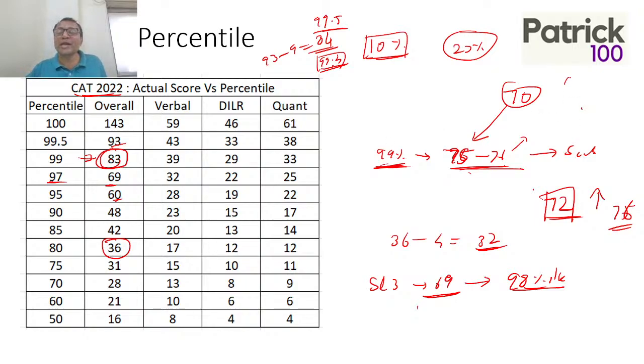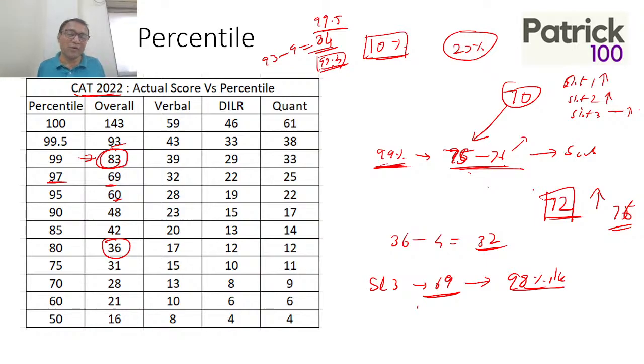I can rest assured that slot 1, you can scale up a bit. Slot 2 also you can scale up a bit. Slot 3 depends. I mean, you can scale up or you can remain constant. Though I feel slot 3 was a little tough. So technically there will be little scaling up in all the 3 sections.